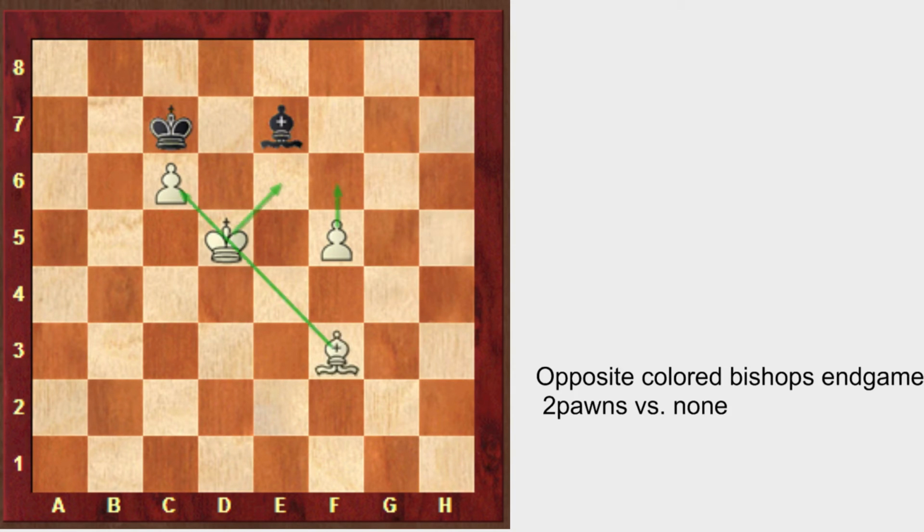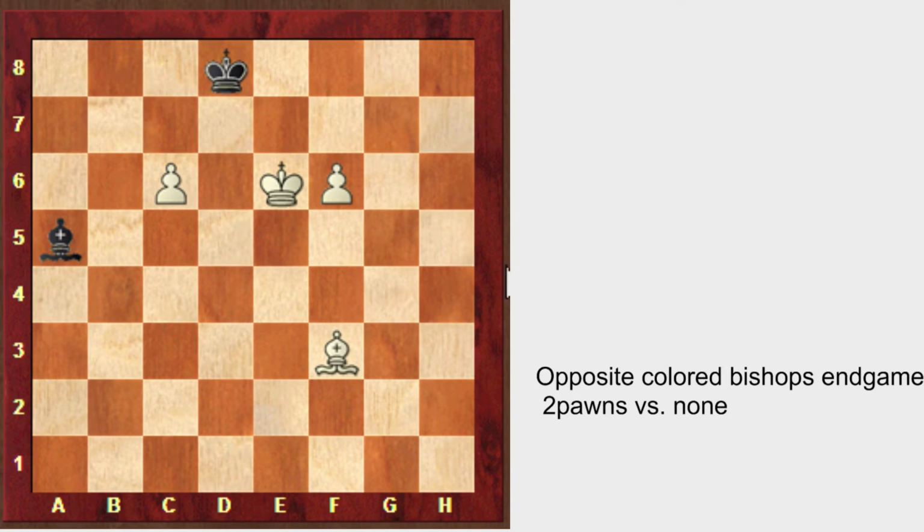So bishop f3 to protect the pawn on c6, with the idea to play king e6 and f6. King d8, king e6, so threatening f6, logical. Bishop b4, f6, bishop a5, switching with the bishop to the c pawn, f7, bishop b4, and in fact you cannot stop it. King f6, bishop c3, so the king is coming by h7, g8, g7,